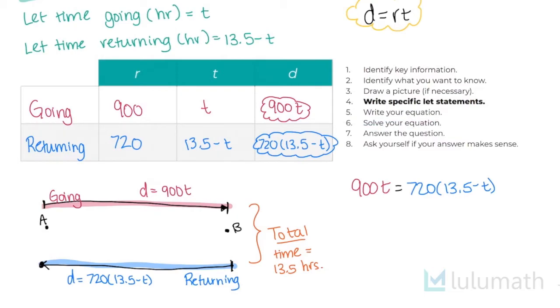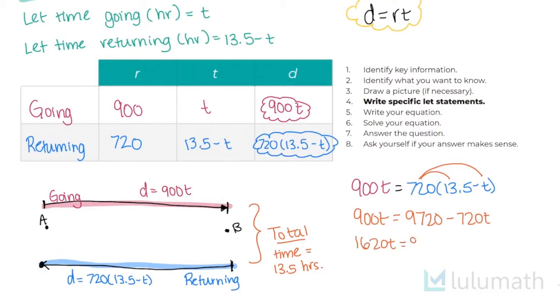So I'm going to copy down this 900T. When I distribute 720 to 13.5, I end up getting 9,720. And then 720 multiplied by negative T is negative 720T. Well, I'm going to get rid of this minus 720T by adding it. And whatever I do to one side, I do to the other side. So when I add 720T to 900T, I end up getting